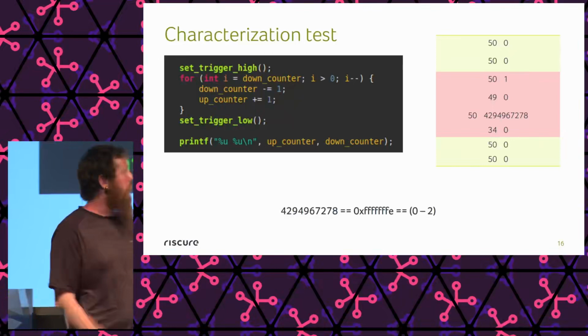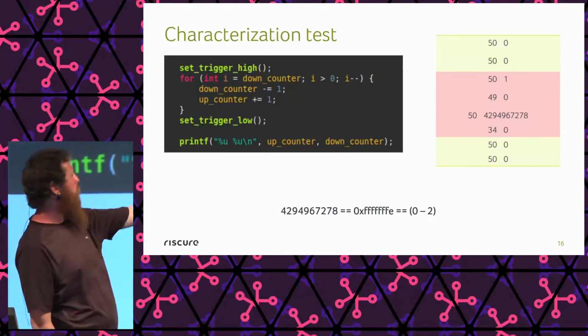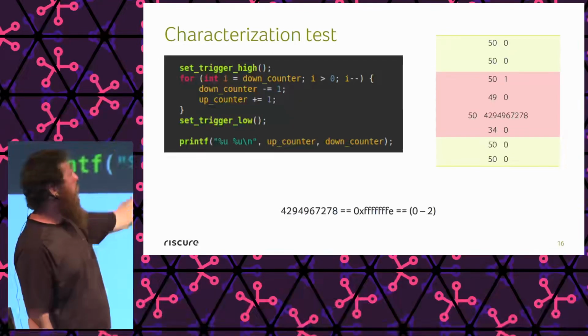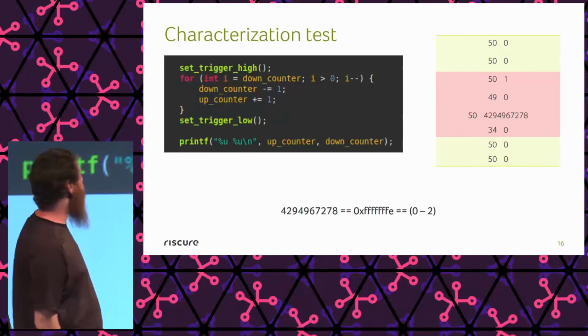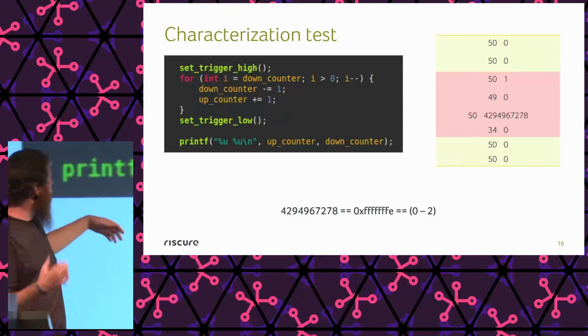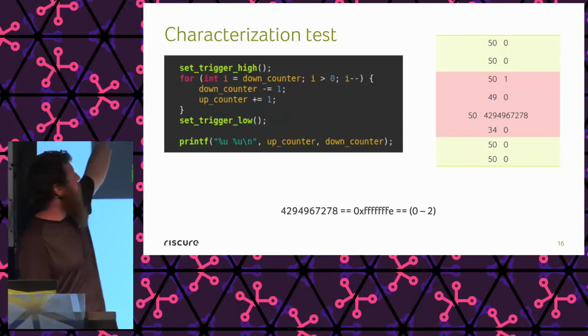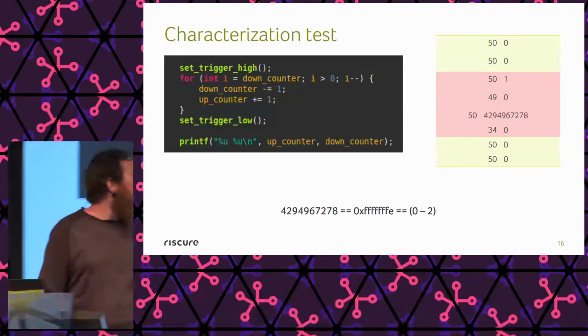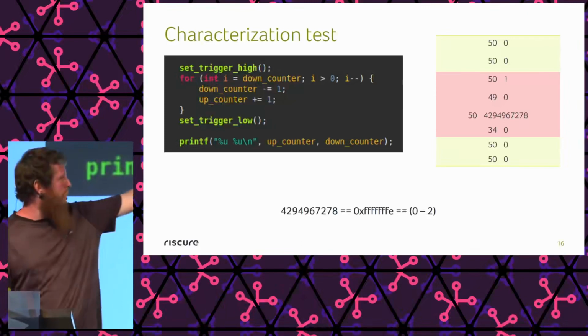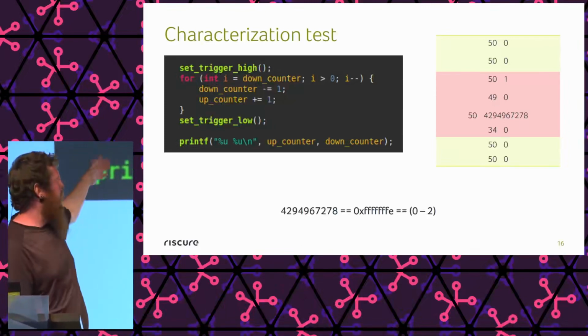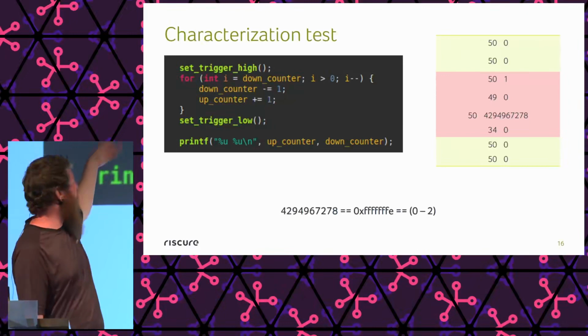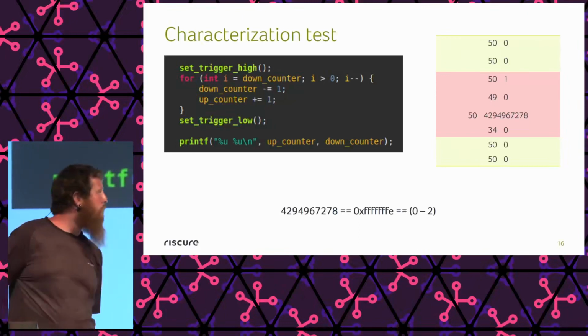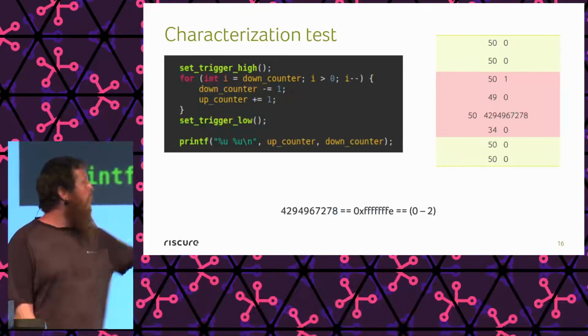You can see, for example, the first one, the 51, is the up and the down. This is very likely caused by us skipping, as Sergey was talking about, the decrement of the down counter. Similarly, with the 49.0, it's skipping one of the increments of the up counter. And then you have other ones like